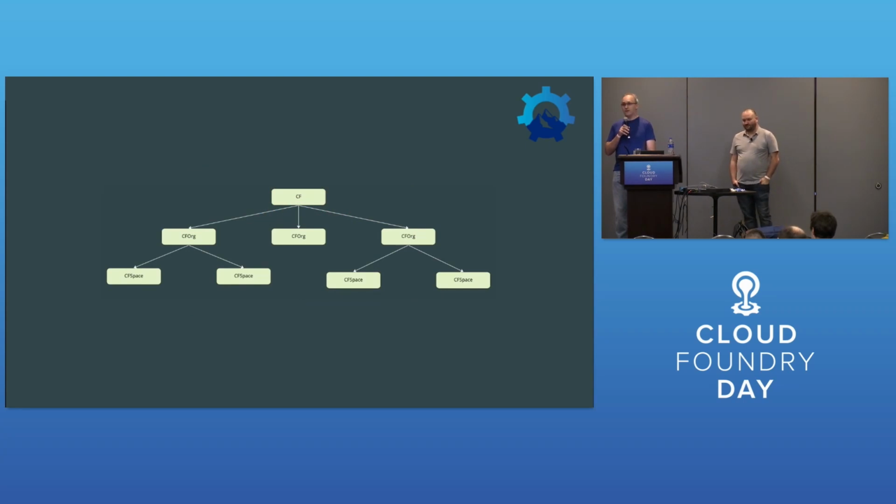Korifi uses namespaces for orgs and spaces. It uses a top-level or root CF namespace to hold resources that are common to the entire platform or possibly duplicated to org and space namespaces. When combined with the unique resource metadata names, this allows us to retrieve a resource by GUID regardless of which namespace it exists in, which is very important for CF API requests.